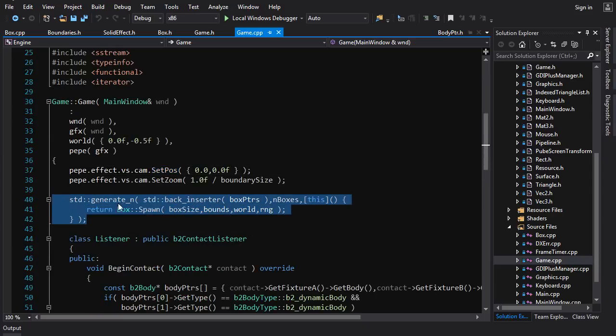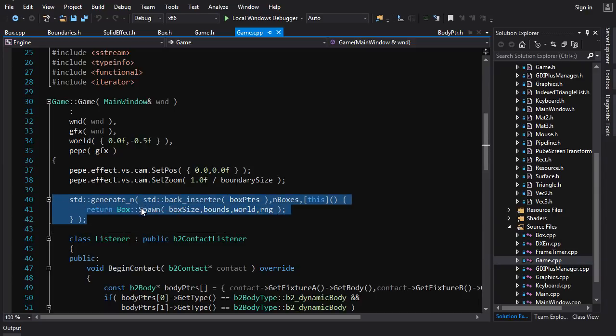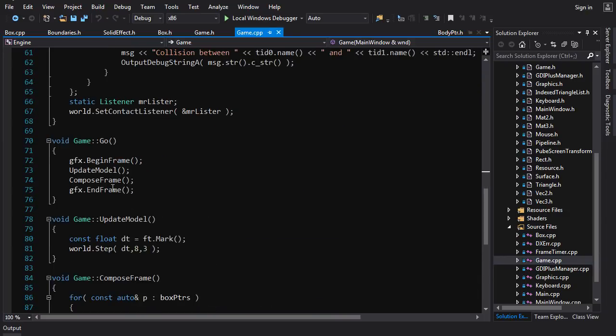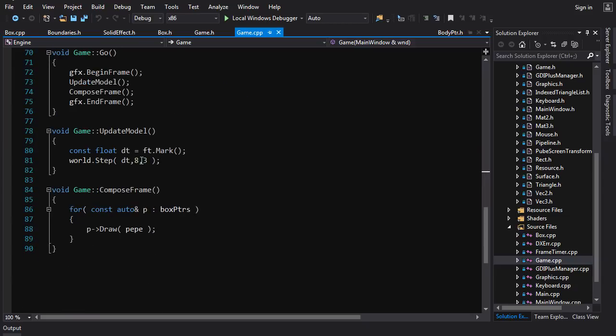Here we are creating a bunch of boxes in the world. So I just called generate n. Maybe I'll go over this in a little more detail. The listener, that's for another day, which is to say for a little bit later in this video. So here we get a delta time for frames, and then we call world.step with the delta time and with